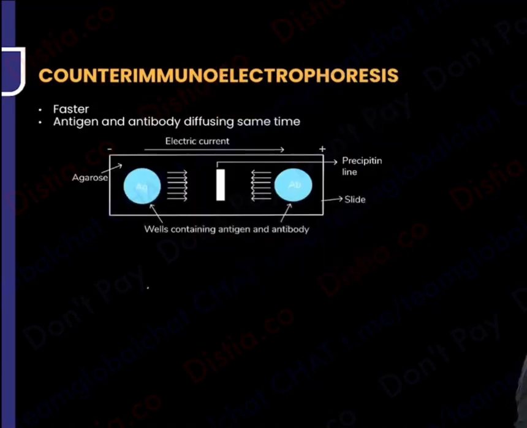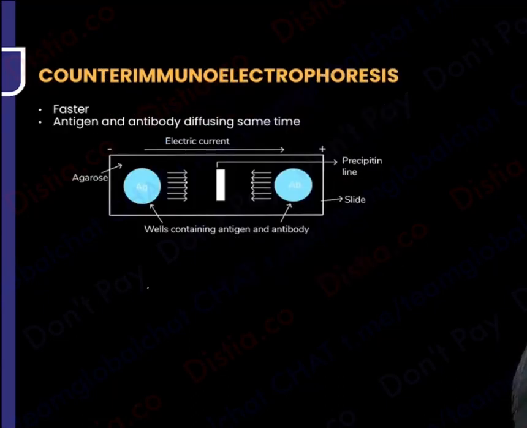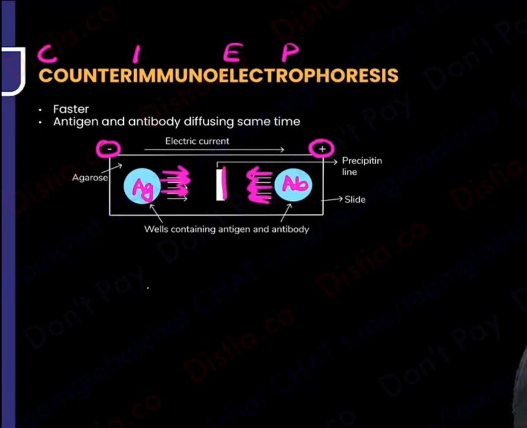Okay, I'll say अभी तक what was happening in the previous one was only the antigen was being separated like this and only one thing was moving, only antibody was moving. अब दोनों को मूव करा देते. Means if I place an antigen here and I place an antibody here and I do something like counter immunoelectrophoresis, means I create a kind of an electric charge that both of them start moving towards each other. It is a mutual attraction. Don't you think the line that will form on their junction will be even faster? So this is definitely going to be faster.